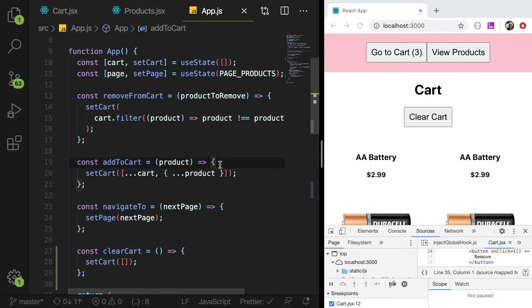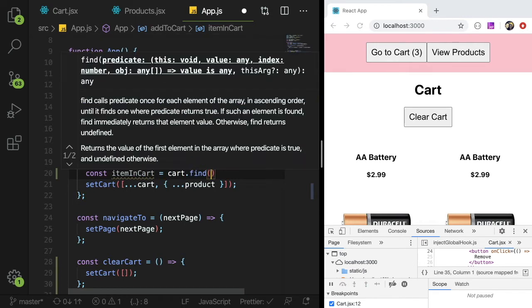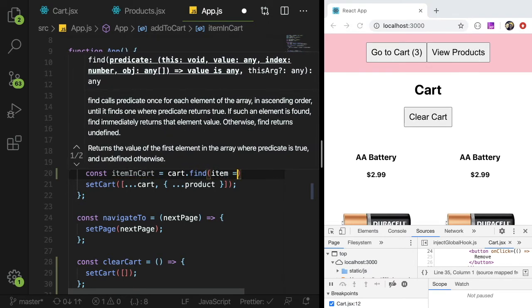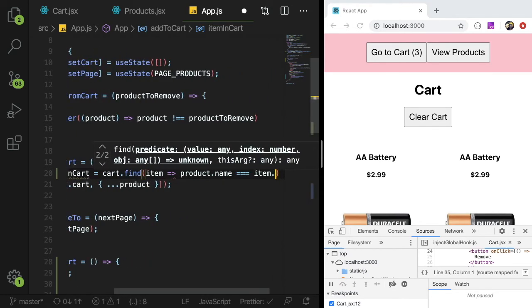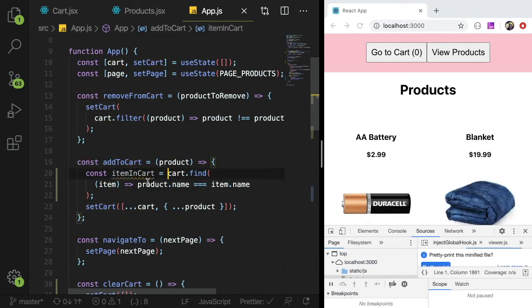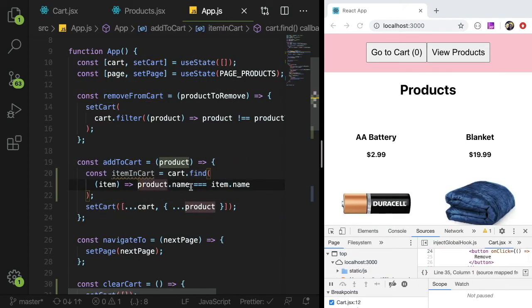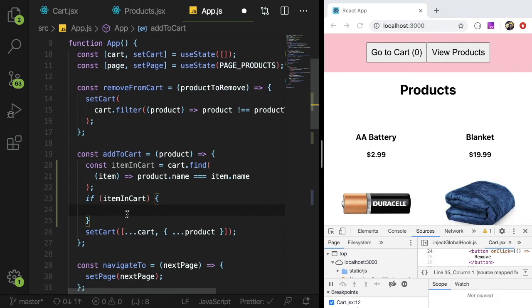So what we could do here is I'm going to say const item in cart, and I could say cart.find item of where product.name is equal to item.name. So basically look through our cart, try to find the item that matches the name of the one we just tried to add, and if we have it, if we already have that in our cart, what we could do